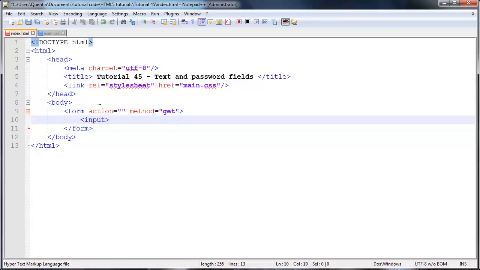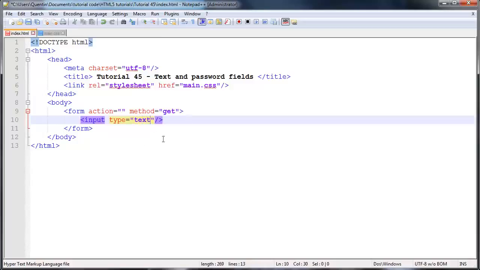an element called input. Okay, so this is actually a single tag element, so we can go ahead and close that off with our closing slash. But this input element actually takes a few attributes, okay, and the first attribute is the type. Okay, and the reason why we have to specify a type is because this element could be rendered as one of many elements. Okay, so because we want this to be rendered as a text field, we're going to give this a type